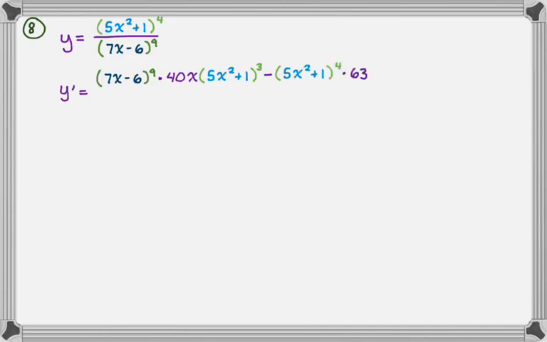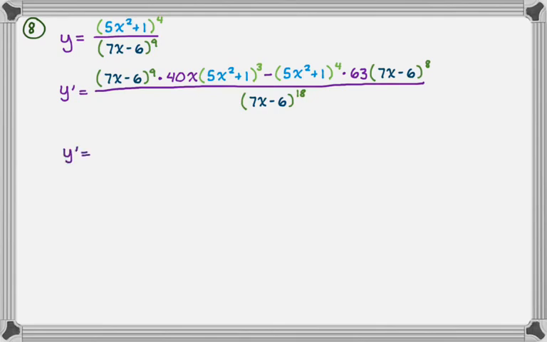Derivative of the bottom is, there's a 9 from the power rule and a 7 from the derivative of the inner function. 9 times 7 is 63. And then quantity 7x minus 6 to the 8th. And then all of this is over the bottom squared, so we go from the 9th power to the 18th power. And then we're going to look just at the numerator. There's factoring we can do, and then some simplifying and some canceling. So y prime is equal to, okay, so